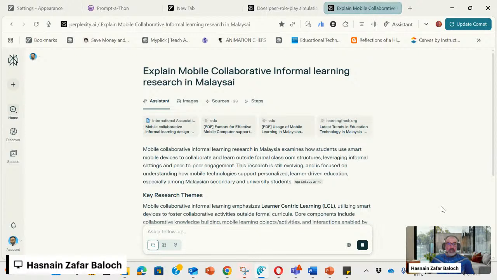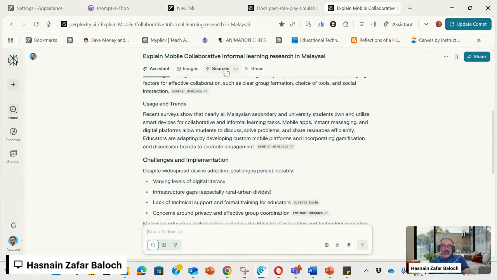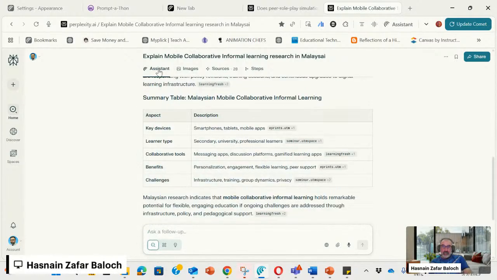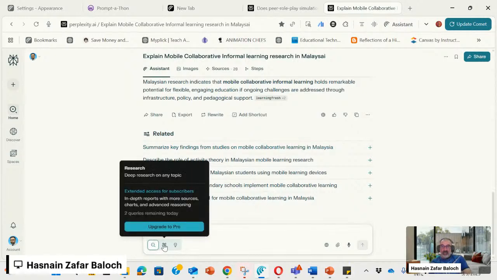I'm still using the basic version, and you notice here it picks all the related papers, and see it's bringing them in. I think this one is my own paper. So you see it's showing 28 resources, and this is the assistant. You can ask follow-up questions and all that stuff, and everything is there. And they have a deep research feature also,